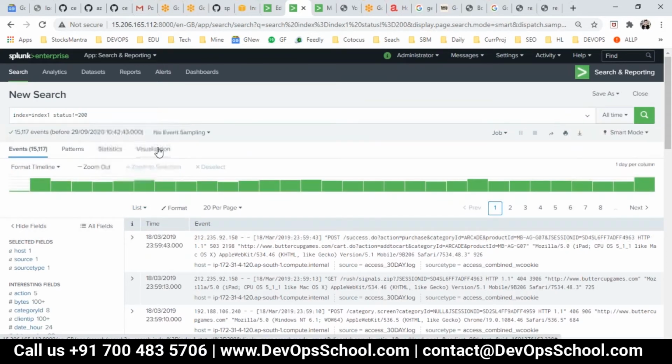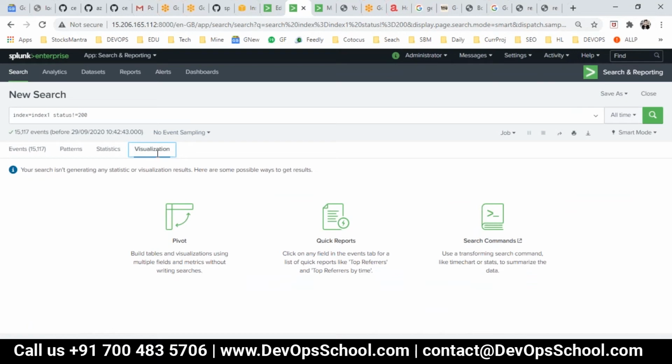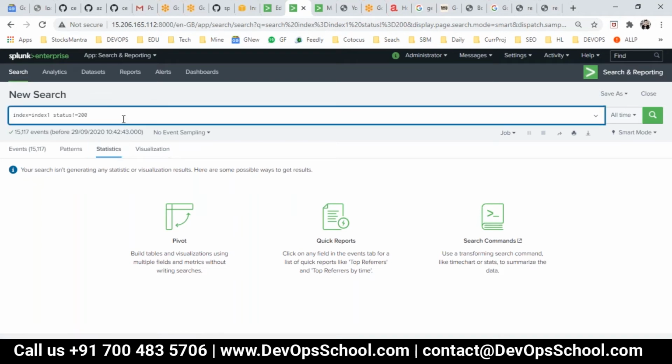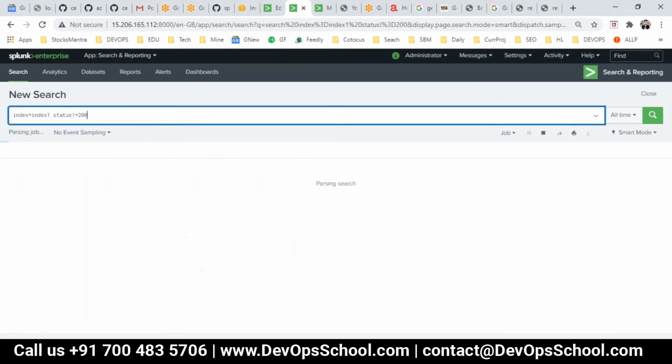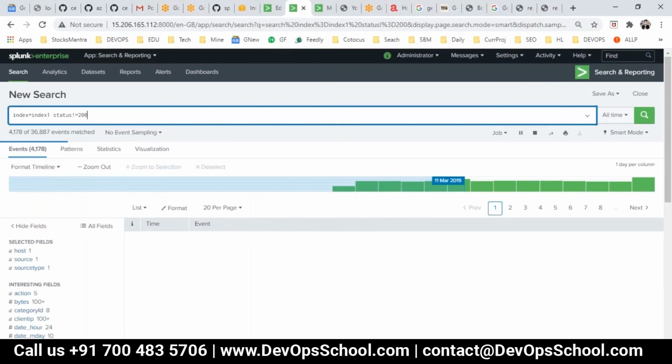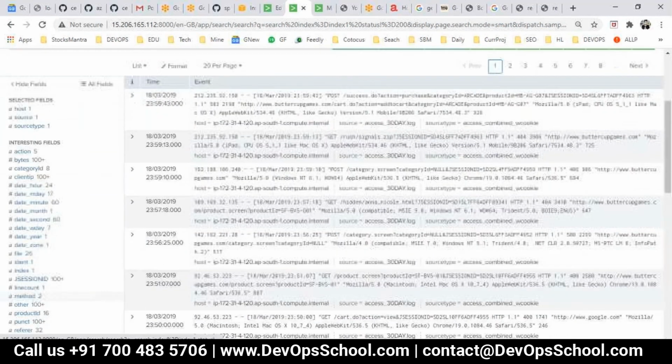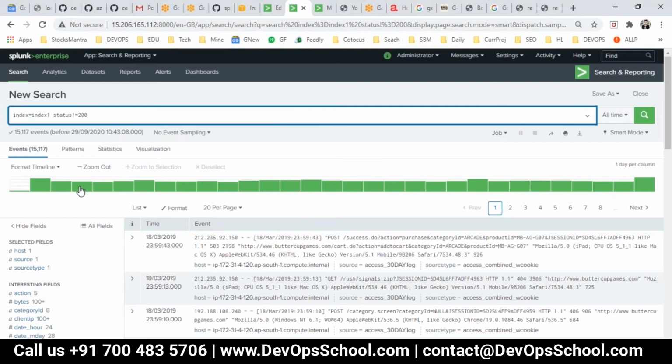Now visualization, statistics. Okay, so this is the total transaction, 15,117, which is not equal to 200. So all these are not successful transactions. I got it. Out of which I just want stats